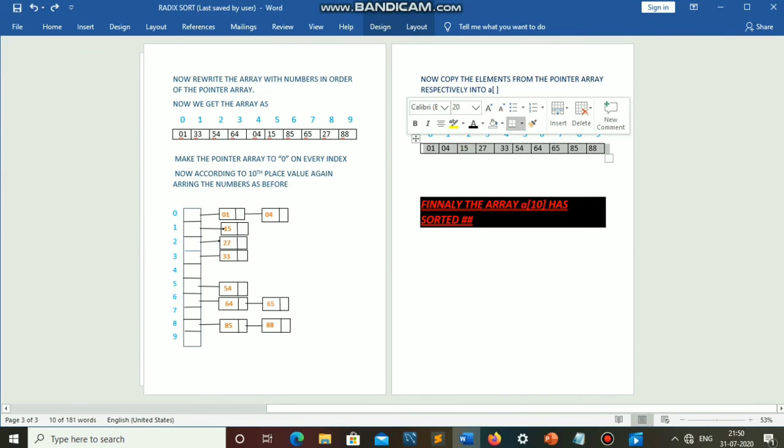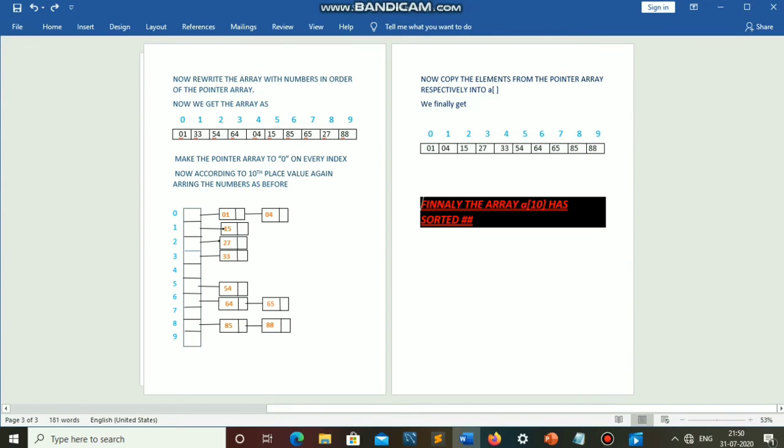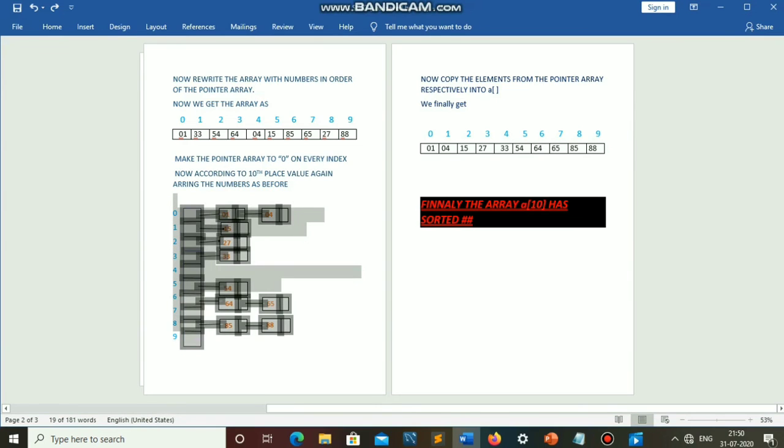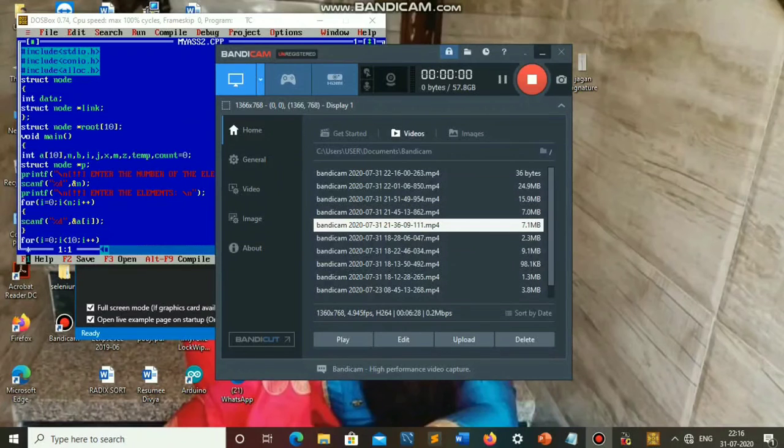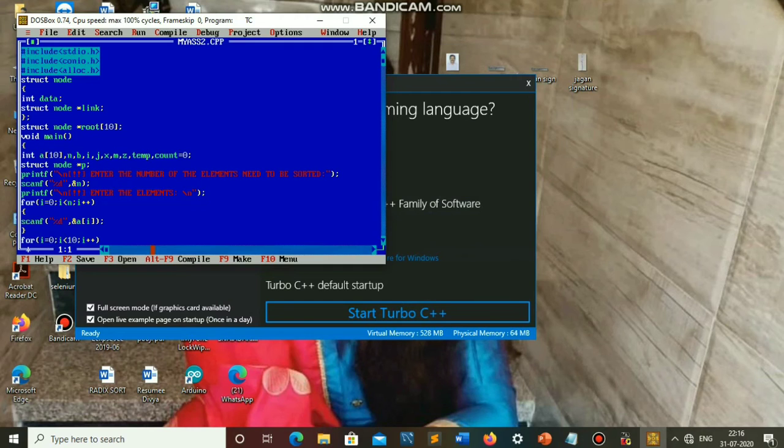We copy these integers again into the array A, likewise 01 respectively. We finally sort this array. We completed the sorting of the array. Till now we saw an example of radix sort.